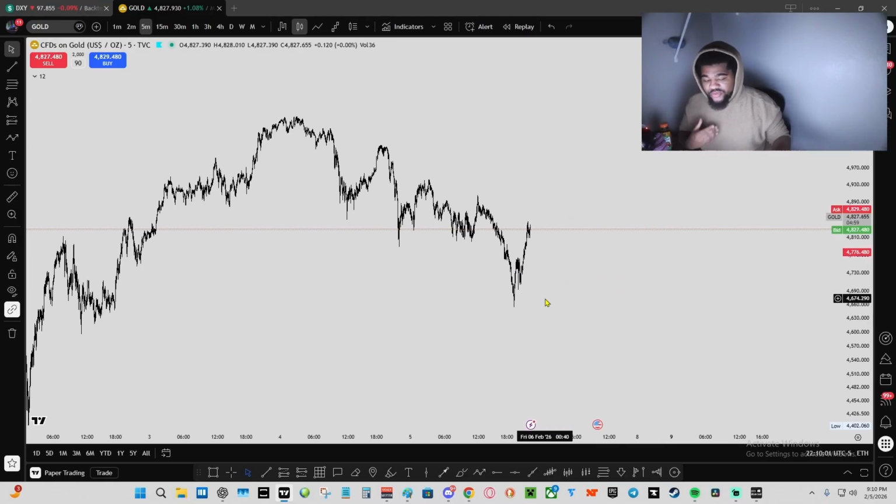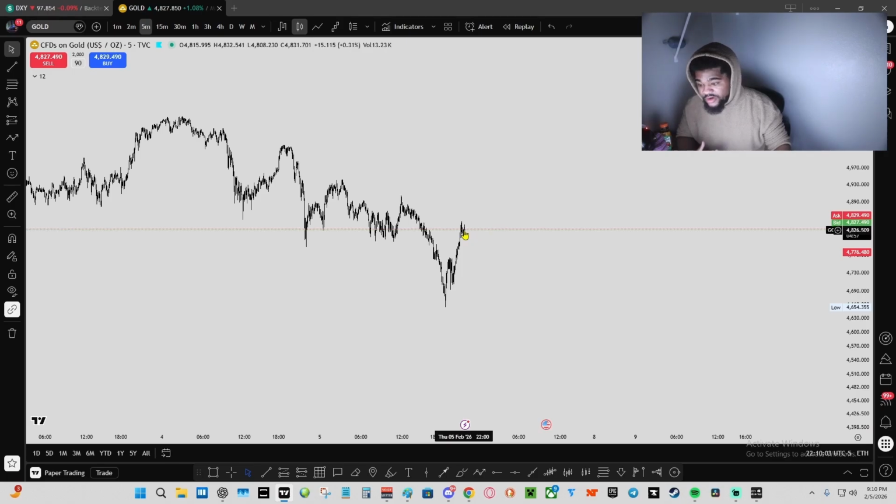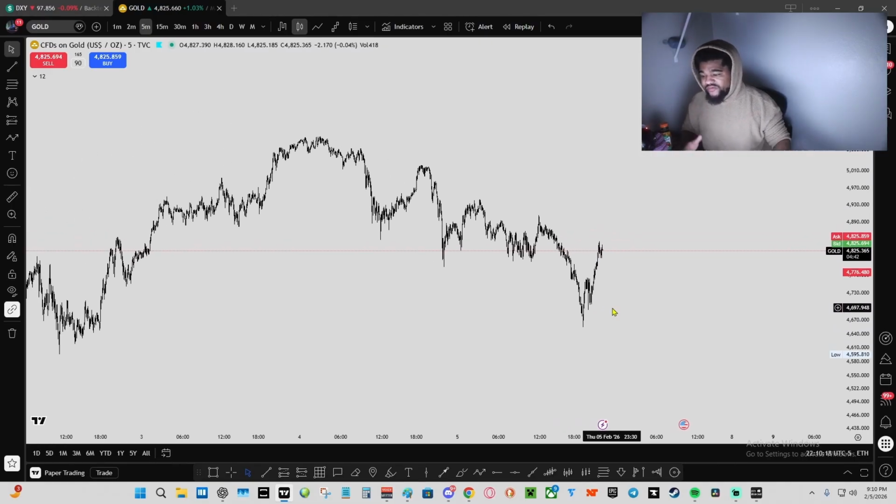So if you want to copy me right now, where I'm at this current point in time, I don't know when you're watching this, but at this current point in time, I'm on a 5-minute chart. My candle is hovering above Thursday, the 5th, February 2026. Okay, so if you want to go find that. So if I logged on for the day and this is what my chart looked like, make your chart look like mine right now. This is what my chart looked like.